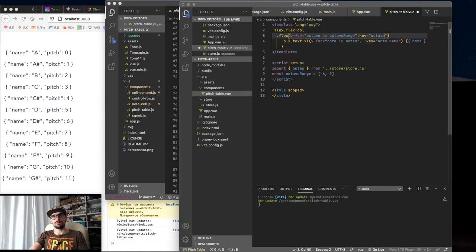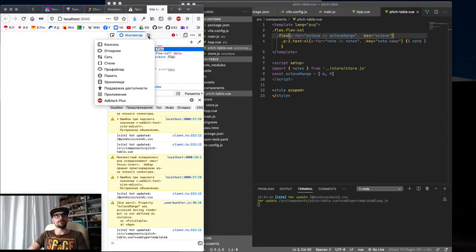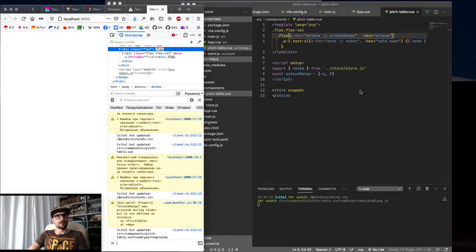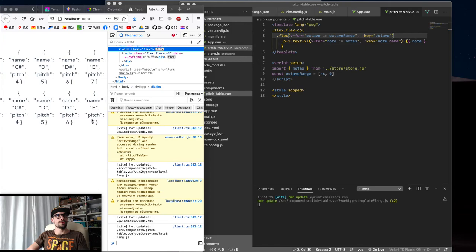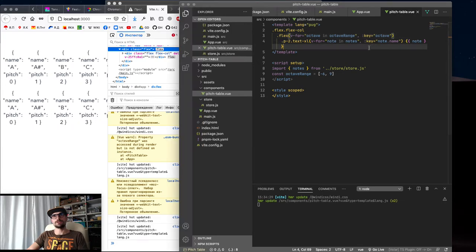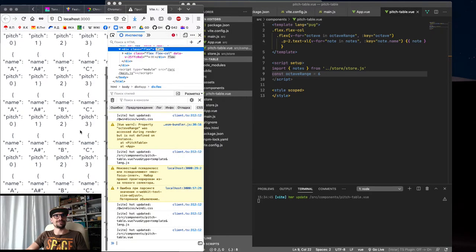Yeah, got it, and just a semi. Well, we get an error here. What is the error? Octave. Yeah. So here we have a horizontal list. But okay, of course it's in octave range, but I'll say for now it's okay if you just have 6. Yeah. We have 6 octaves